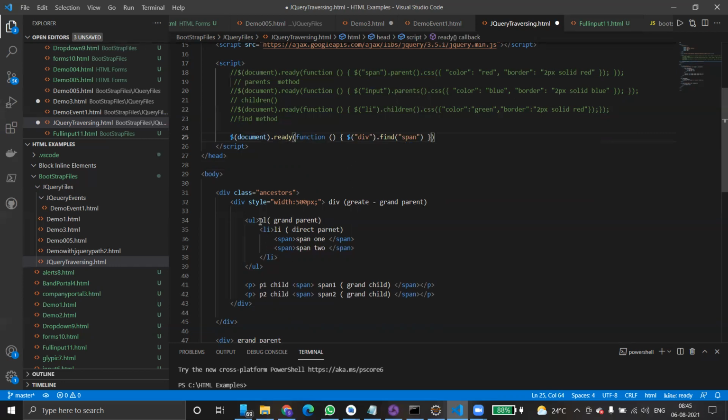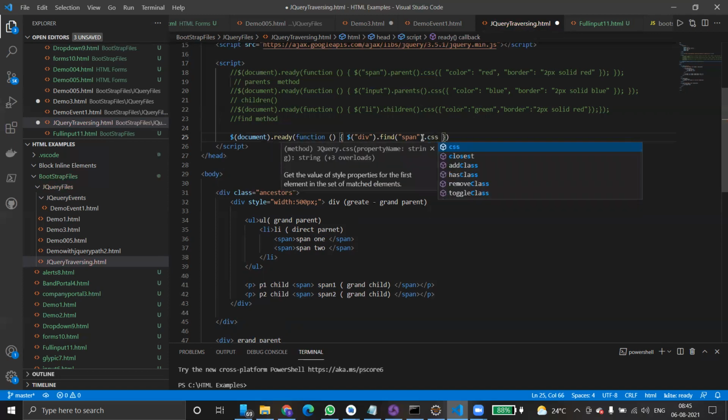We have so many spans under the division. Here we have a span, and we also have a span here. So many spans are there. I'm just applying the code again, using color coding inside this. Find span dot CSS. You can apply this CSS.